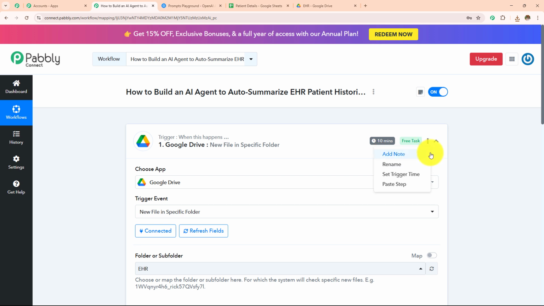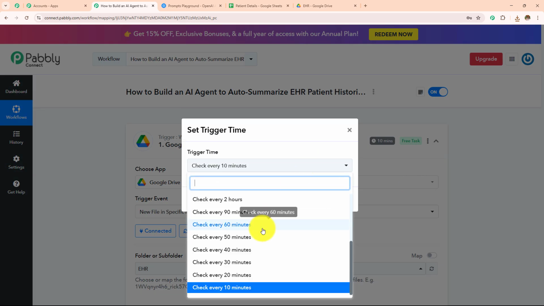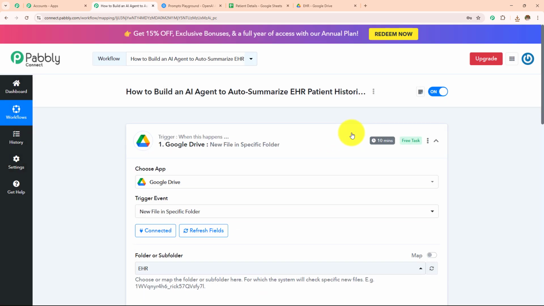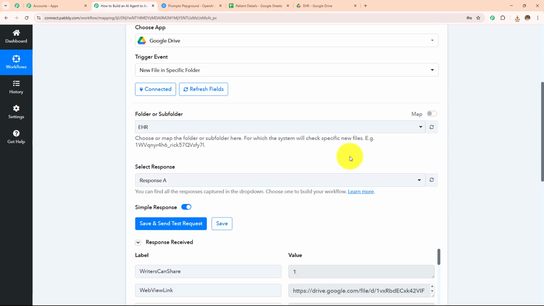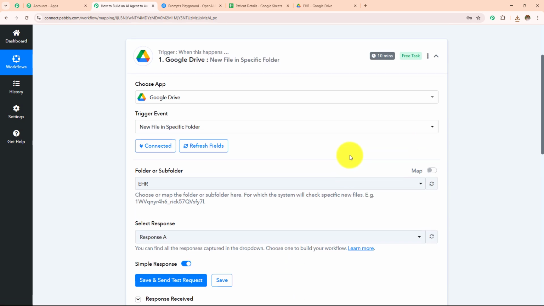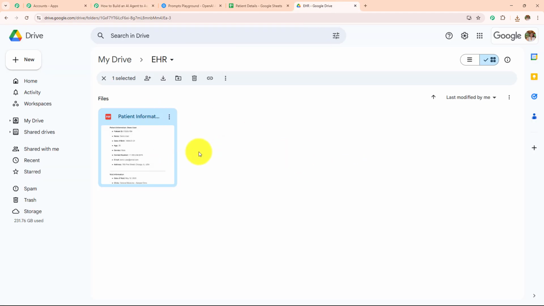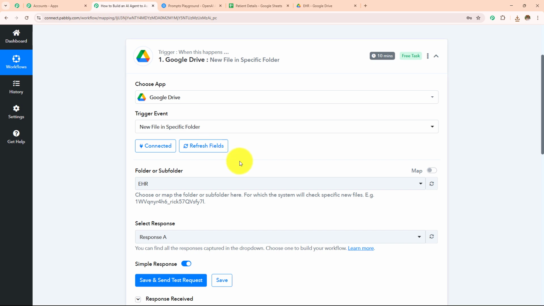I can also set my trigger timing by clicking on the three dots, going toward set trigger time, and from this drop down you can select your trigger time. Here, as we have received the response, we can see the connection setup that we have created between Pabbly Connect and Google Drive is successful. And now whenever a new file is uploaded in my Google Drive, I will start capturing that response here